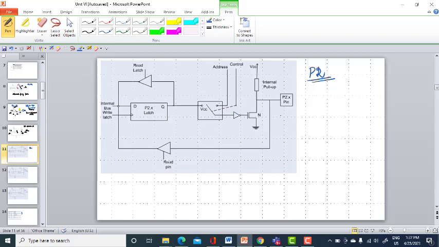In port P2, other than your input output function, the alternate function is that it will act as a higher order address bus. Earlier, like your port 0, you won't be having any AND gate here because that is a multiplexed address data. Here you have only your address along with your control signal.